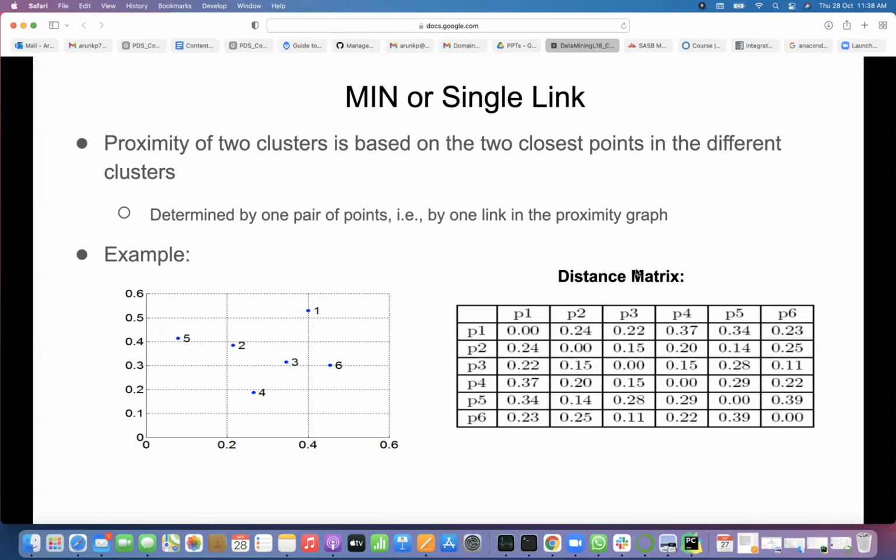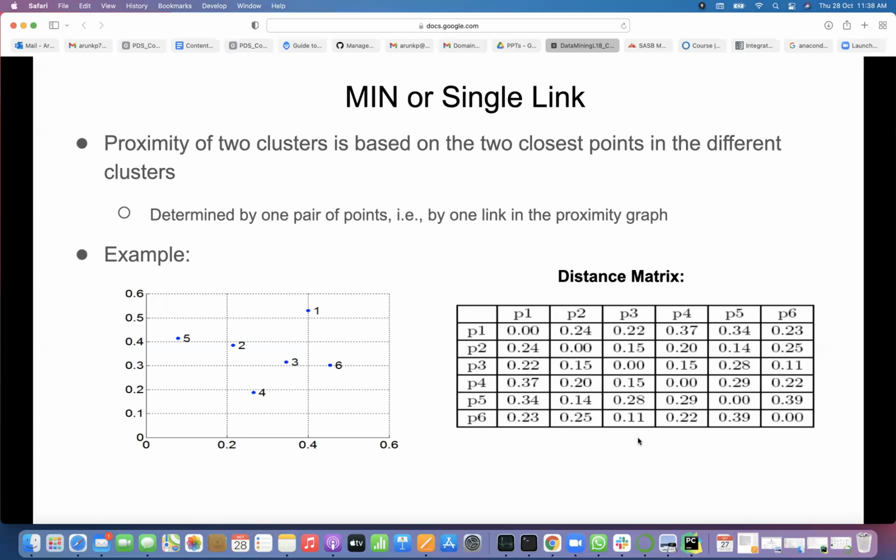So first you will get the distance matrix. P1, P2, P3, whatever that is. Then if each one is a cluster in this, which points will merge in the first step here? How do you know which points to be merged from this distance matrix? Whatever is the smallest value you see, that pair, right? So where are you getting the smallest value in this?